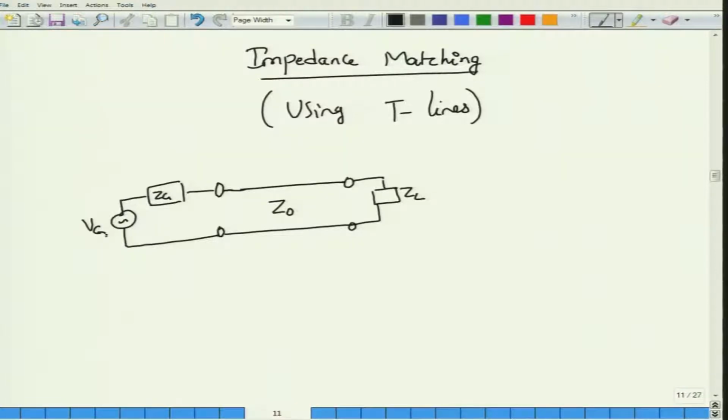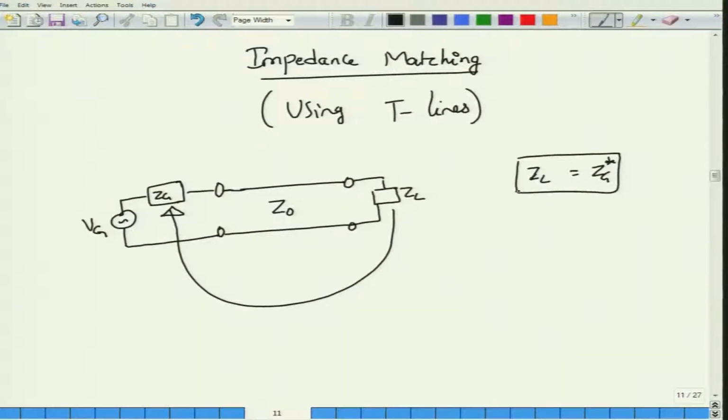As I said in the previous module, the goal of the matching network would be to match the impedance of ZL to Zg. It's not the goal to match ZL to Z0 or Z0 to Zg, while that is also a very important thing. That by itself does not give you maximum power transfer, but the goal is that you match ZL with Zg. To match ZL with Zg, I need to make the condition ZL conjugate equal to Zg complex conjugate. So, this is the condition that I am trying to achieve.